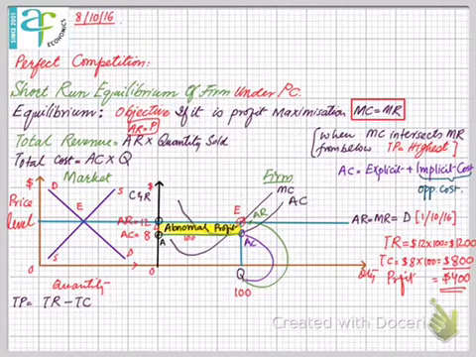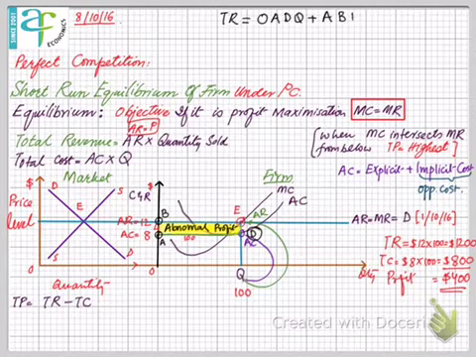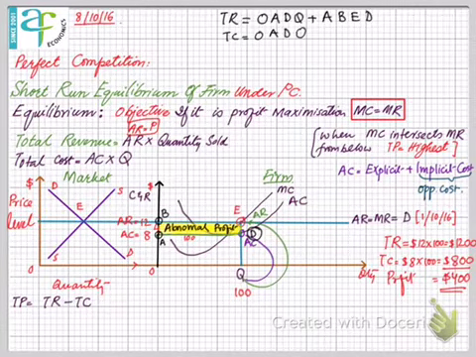so it is known as an abnormal profit. But for MCQs, you may not be provided with these numerical values, you will be provided with some variables. So let's take some variables A, B, C, E, D, O, and Q. Total revenue is a sum of two rectangles. One is yellow, the other is white, that is 12 into 100, the whole rectangle. This rectangle consists of two different rectangles. So OADQ plus ABED is the total revenue of the firm,